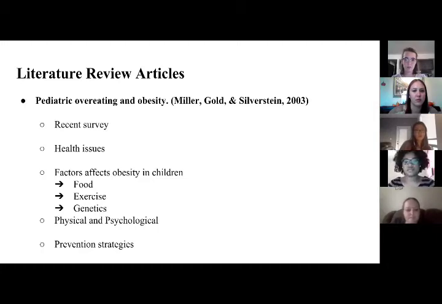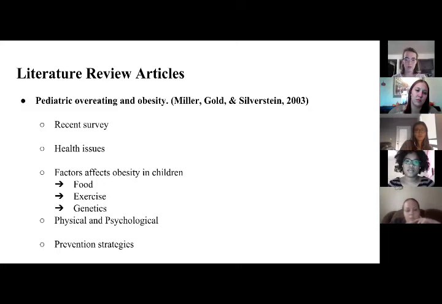According to this article, the recent survey shows that the number of overweight children in the US has doubled within the 3 decades from age 12 to 19. Children with obesity are commonly associated with many health issues, such as high blood pressure, heart disease, diabetes, and so on. The article also described the factors that cause obesity in children. Food is one of the factors